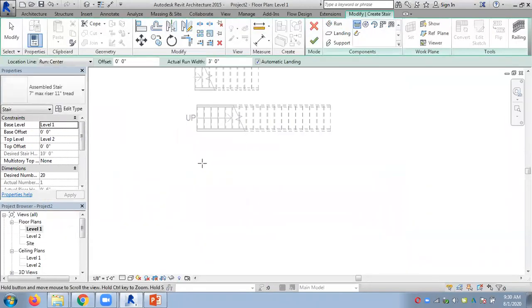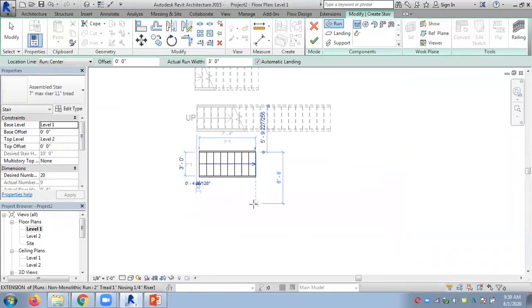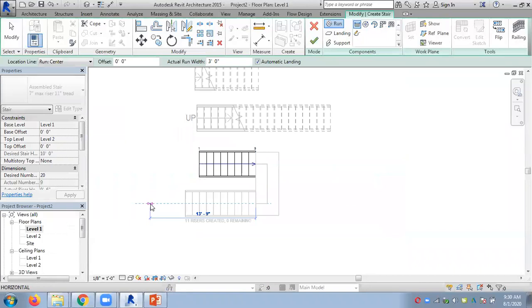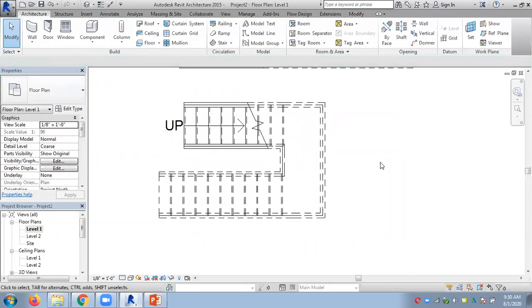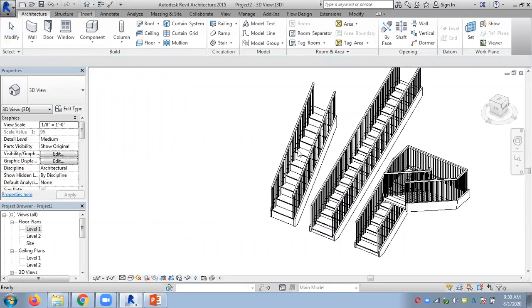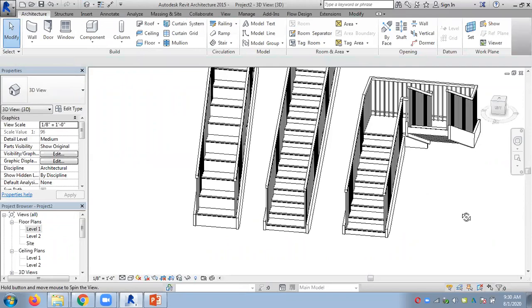So what you can do is you can come here and click here and click again here and go this. So this will create a staircase with the landing. So this is called the landing. So I click here, again click here and click. So you take a turn like this and have a staircase with the landing. Press OK. This is the situation. So you can create a staircase, something like this, very quick.